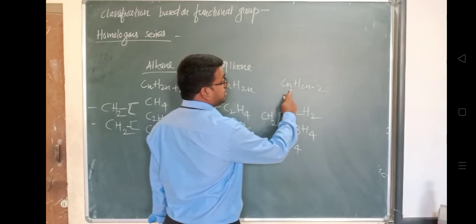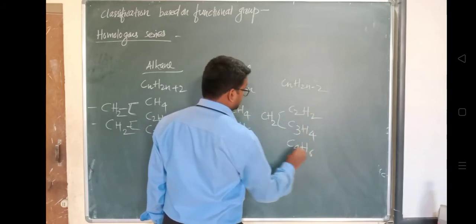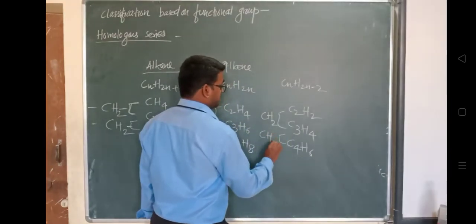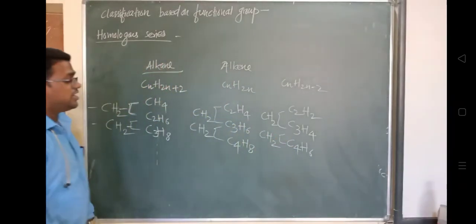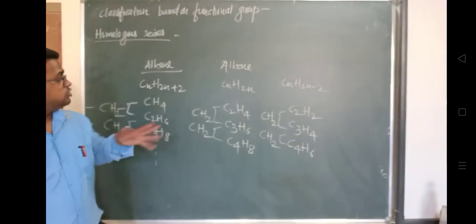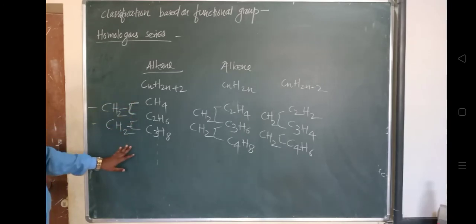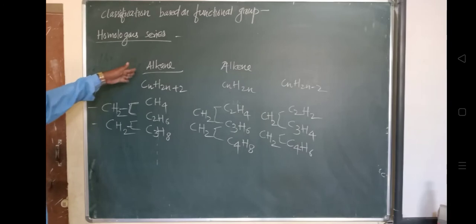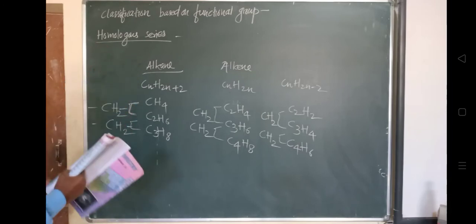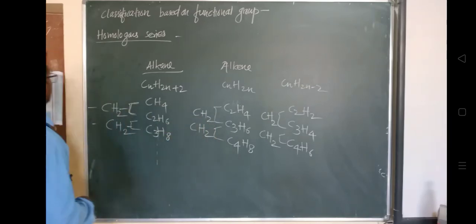C4 रखो यहाँ पे, n की वैल्यू 4 रखो. So 8 minus 2 that is 6. You check here, difference is what? डिफरेंस कितना है? एक कार्बन का डिफरेंस है और दो हाइड्रोजन का. What is that? The difference is common. So if we talk about this series, the difference is common. Such is called a homologous series. उसको बोलते हैं homologous series. Homo means same, difference जिसमें same है वो series में उसको बोलते हैं homologous series.